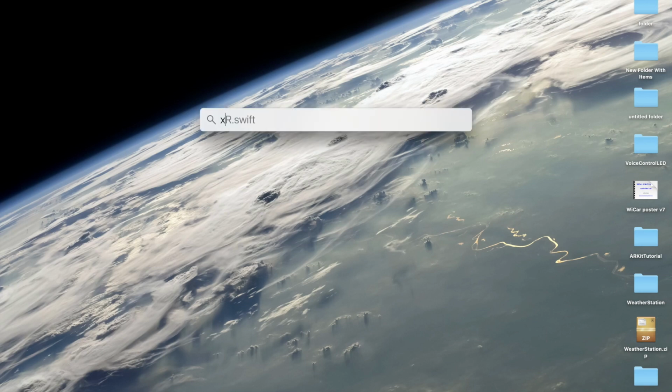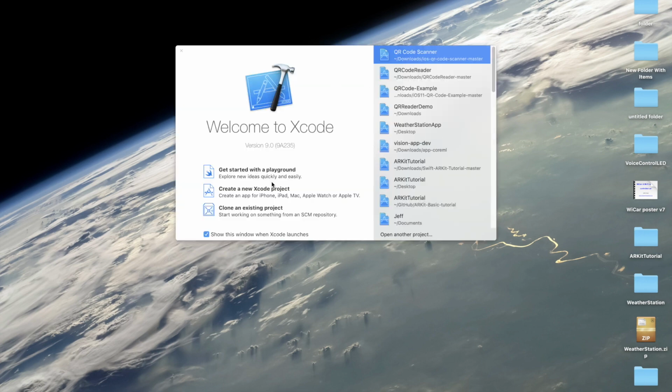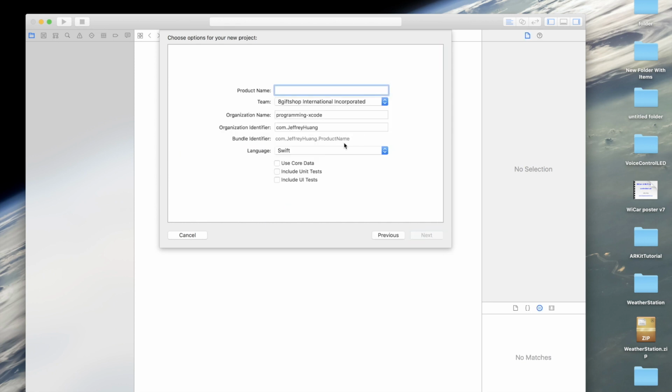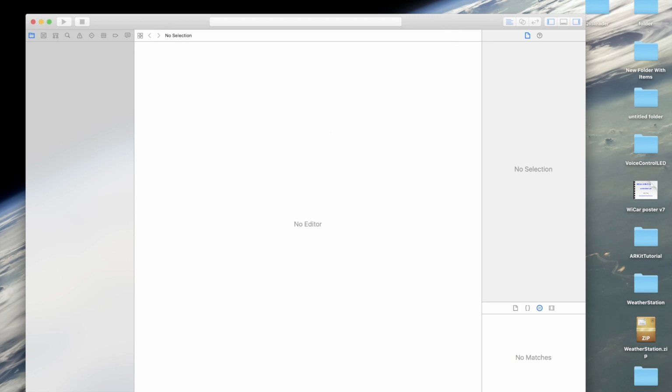In this video, we will learn how to create a QR code scanner. To get started, open up Xcode and create a new project. It's going to be a single view app and call it something like QR Reader or Scanner. It's your choice. Then save it on the desktop